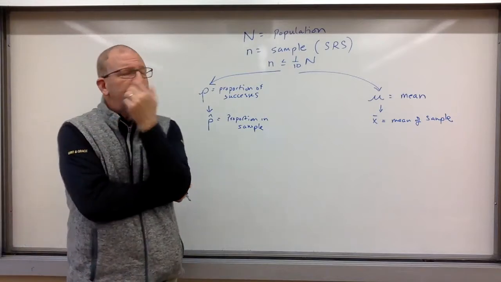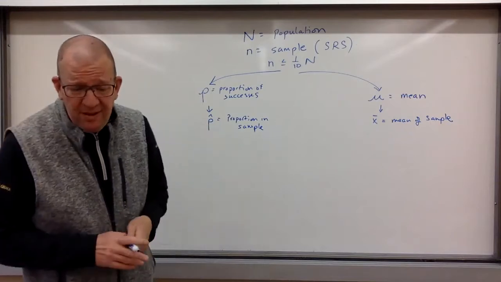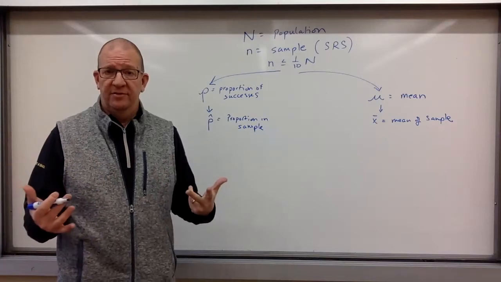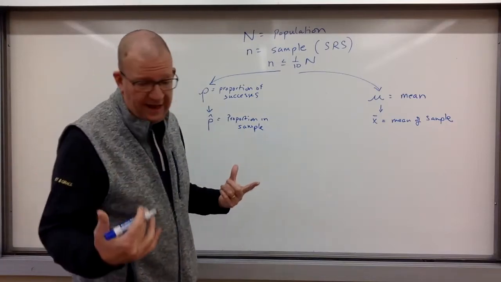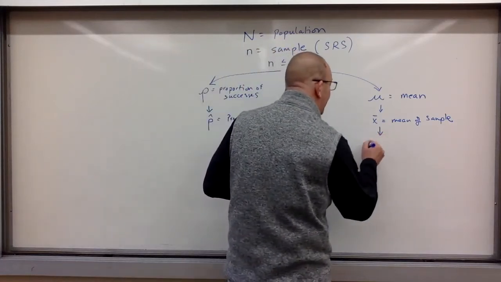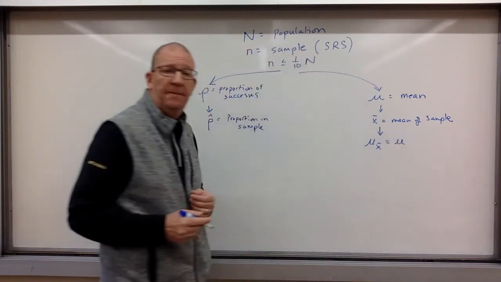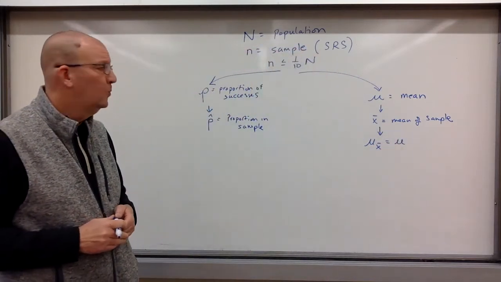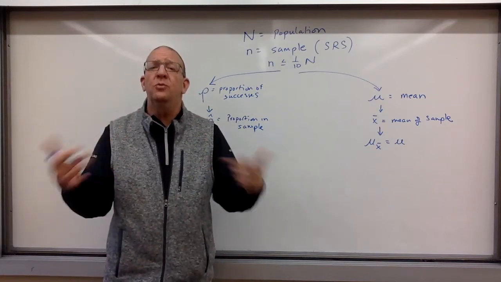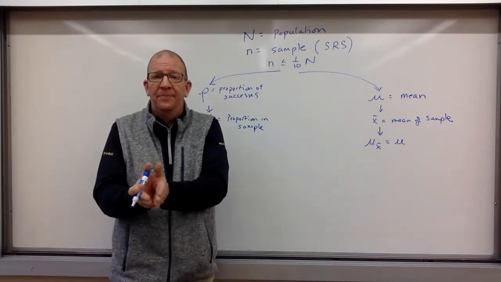Now, what does that mean? Well, what we're going to do is we're going to take a sample, but are we just going to do one sample? No. We're going to do lots of samples, right? And if we do that, what we're going to say is the mean of the sampling distribution should be the mean. Okay? That makes sense, right? If we did repeated samples of 50 students and measured their height, and then we took the average of all those averages,